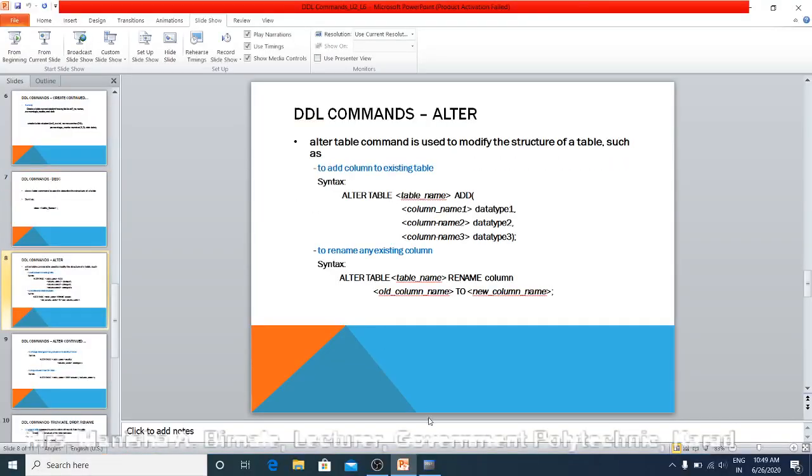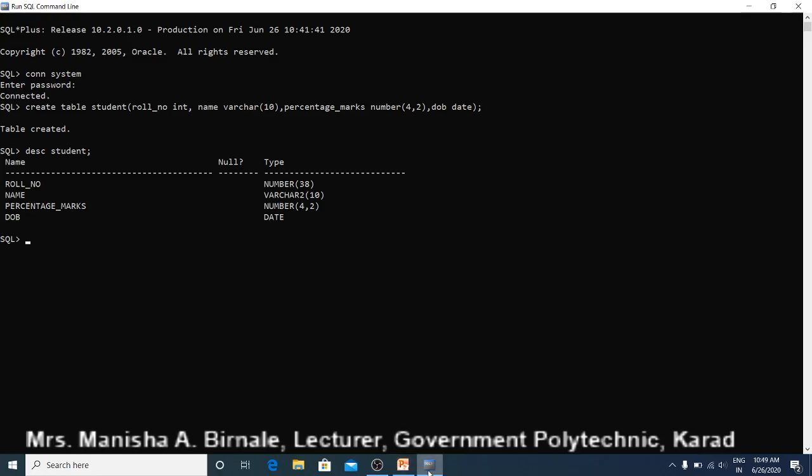Let us see practically. Here is the structure of our table. Now you want to add one more column in the table, and suppose that column is address. The table is already created and you want to modify the table structure.